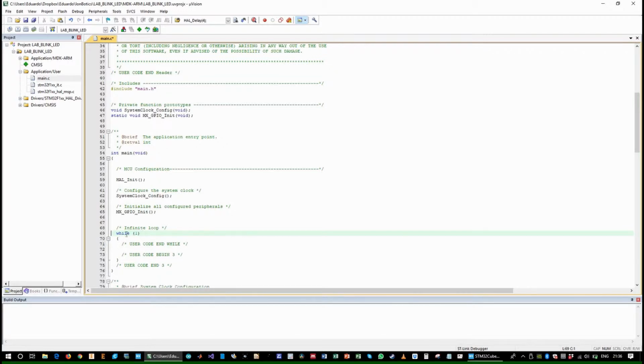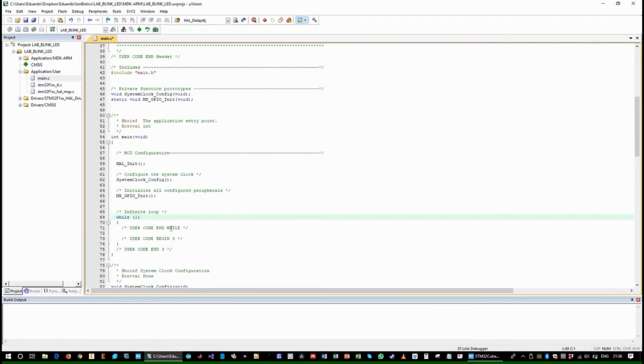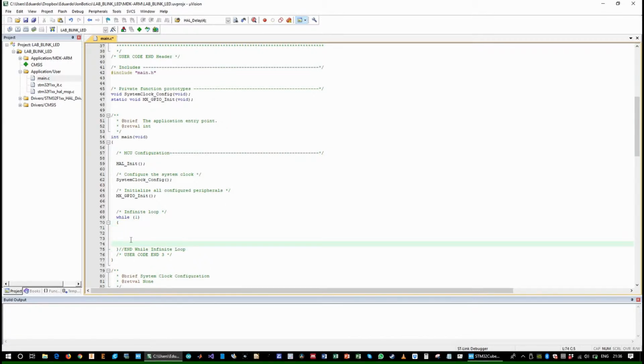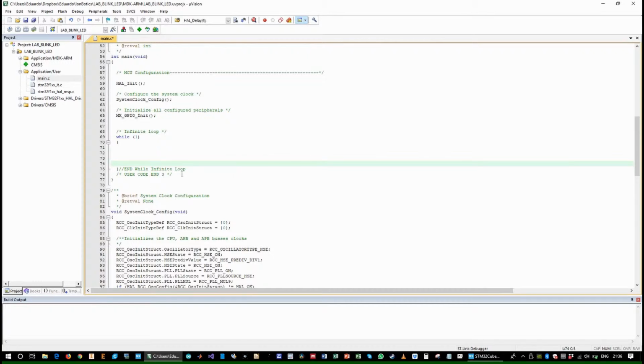And this is going to be our infinite loop. While 1 is an infinite loop and is where our application is going to live. If you are familiar with Arduino, this is going to be the void loop. I'm going to add a comment here that says while infinite loop. Perfect. So now that we have that infinite while loop and we know where the bracket is going to end,